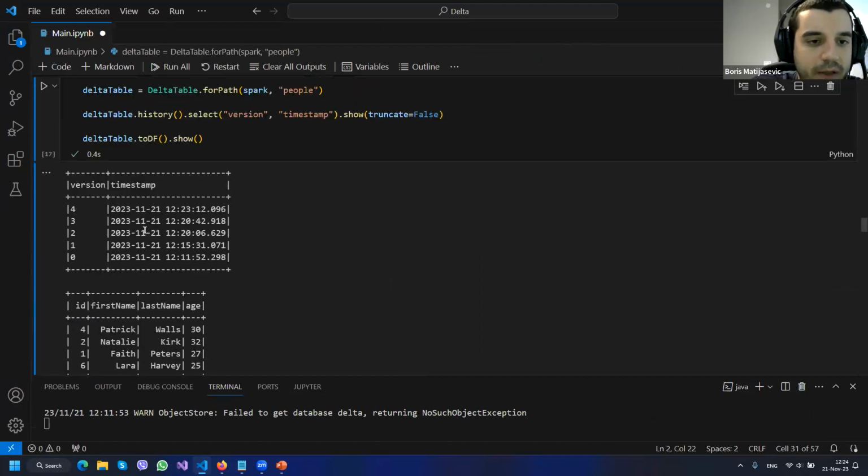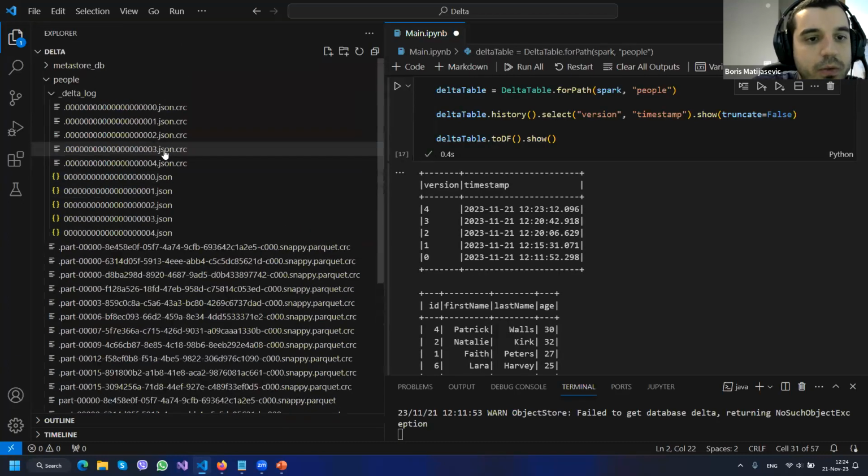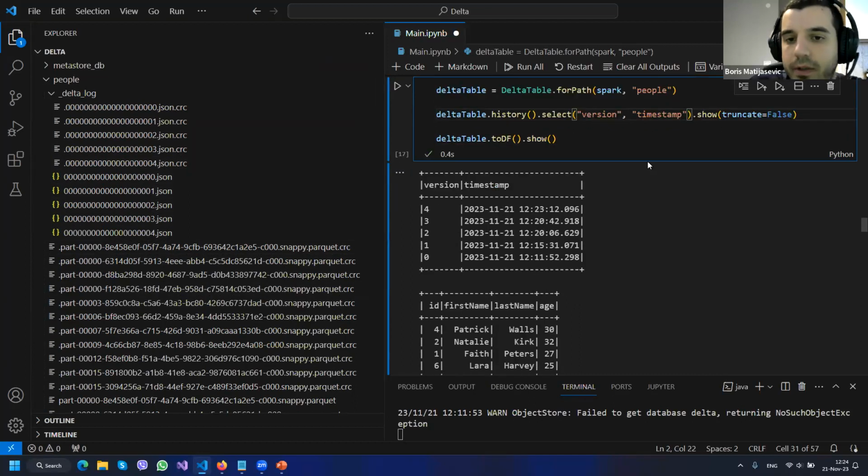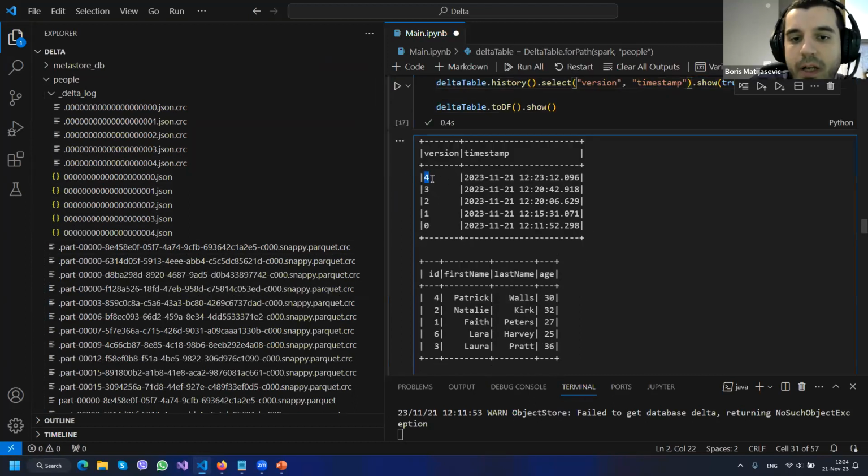So the first display here that I wanted to show is a version. So we have 5 versions which correspond to these JSON files here. And we also have their timestamps. I selected just version and timestamp. Other information is not useful to us currently. So for every version, we have a timestamp when that version is